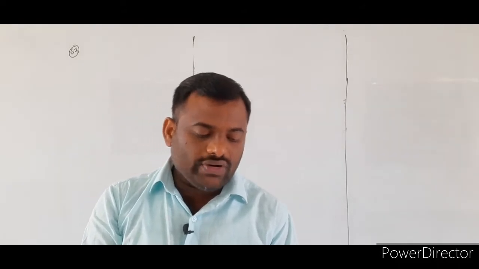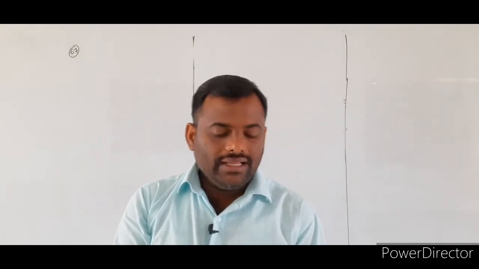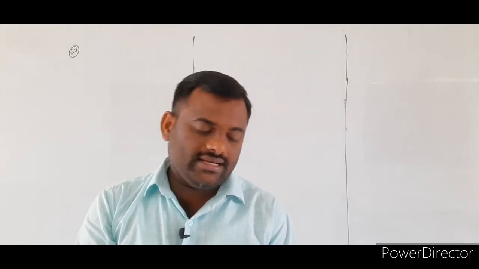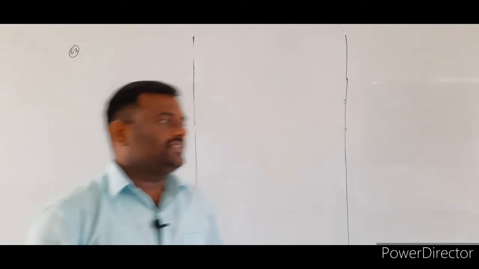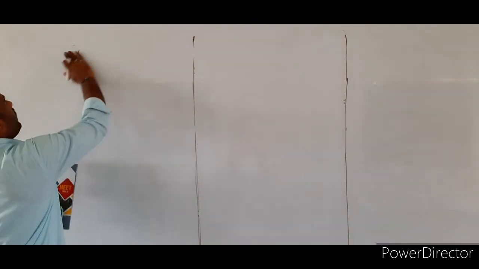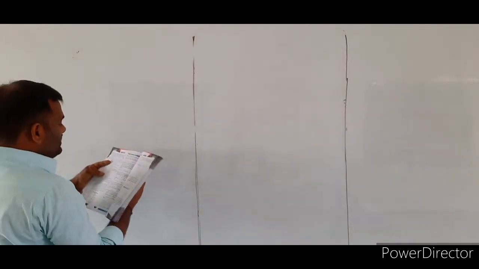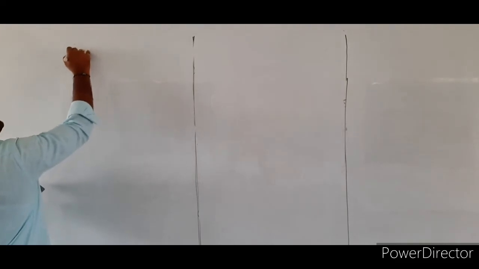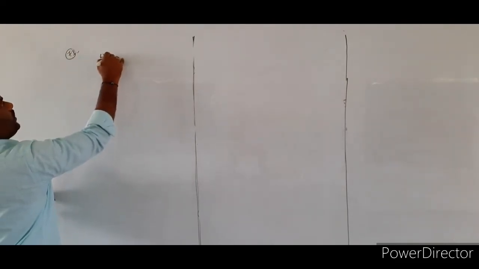Next problem, same lift concept. The apparent weight of a person inside the lift is W1 when the lift is moving up, and the apparent weight is W2 when the lift is moving down with the same acceleration. The weight of the person when the lift is moving up with a constant speed is. So this is numerical number 73. So W1 is equal to what?